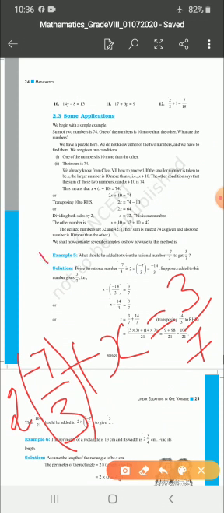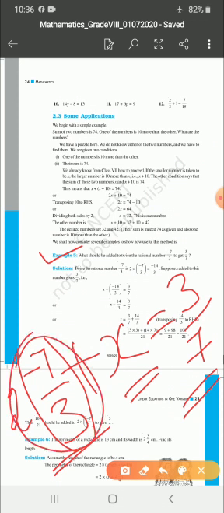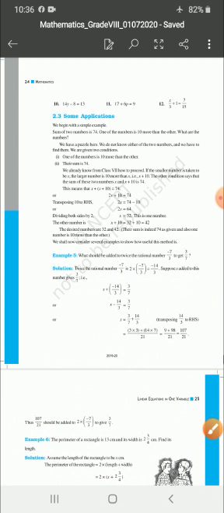Once again, see the question. What should be added to twice the rational number minus 7 by 3 to get 3 by 7? This is the given question. Now you solve this. 2 sevens are 14, and by 3, so here you got x plus minus 14 by 3 is equal to 3 by 7. Now if you solve it using the transposing method, you will get the answer. If you want to check your answer, you just substitute it in the given equation and you will find out the answer.